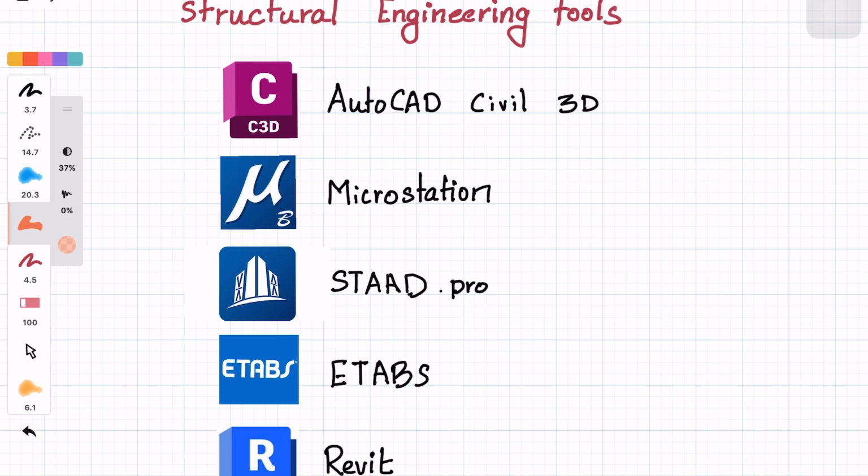ETABS is a favorite for high-rise buildings, perfect for analyzing shear walls, moment frames, and core structures. SAP2000 handles complex geometries like domes, trusses, bridges, and shells. SAFE focuses on foundation and slab design, including punching shear and deflection.